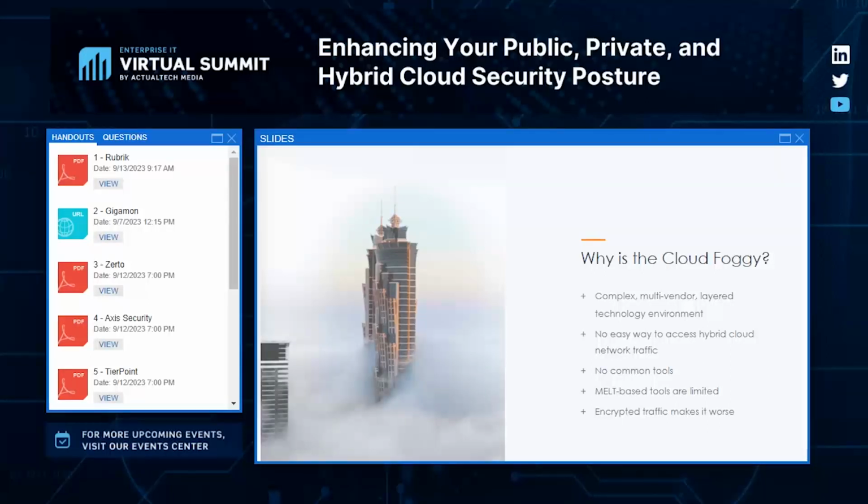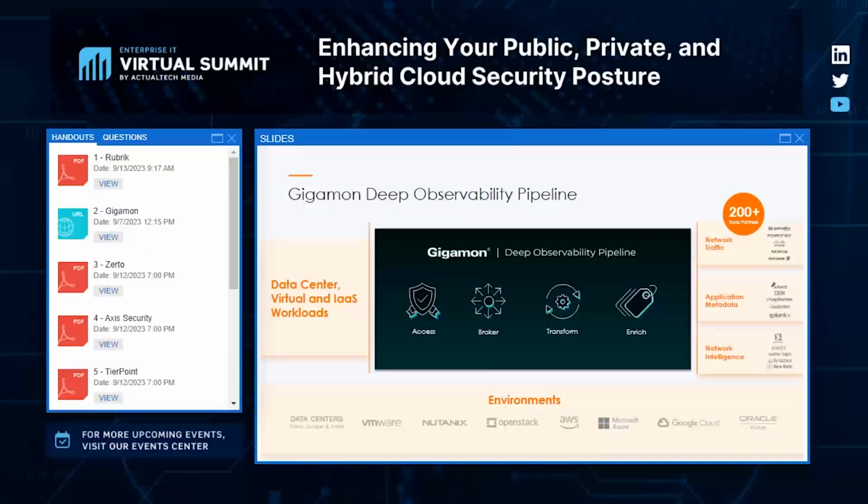And when you have multiple clouds, the traffic access mechanism really varies. The tools that the platforms offer to monitor really vary. You're going to see the word MELT quite a bit. MELT stands for metrics, events, logs, and traces. That is basically the ingestion telemetry for the typical tool, for a SIEM, for an observability tool like Dynatrace, New Relic, or Datadog, and so on. And those can be quite limited. I'm going to dive pretty deep into why that's limited and what that means to our customers. And then, of course, a lot of traffic is encrypted, which makes it even trickier.